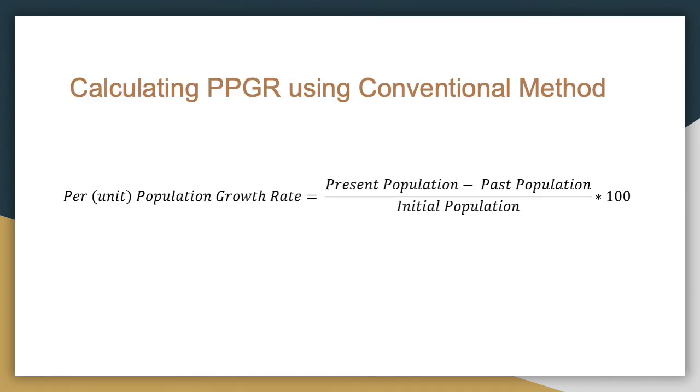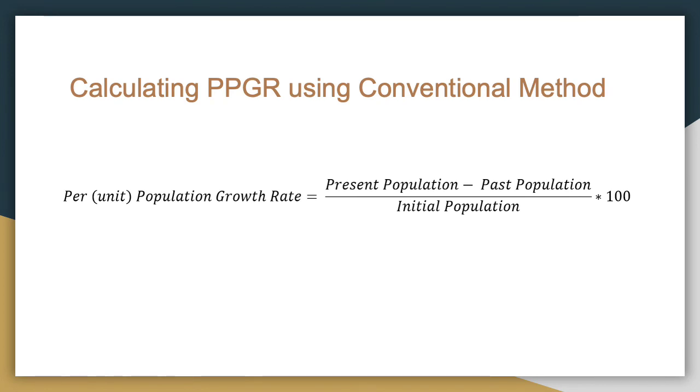In this slide, we are discussing the conventional method to calculate Ppgr. The conventional method of calculating Ppgr was obtained from the handout published by Johns Hopkins Bloomberg School of Public Health titled Introduction to Population Projections. According to the handout, per unit population growth rate is equal to present population minus past population over initial population